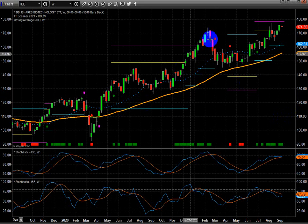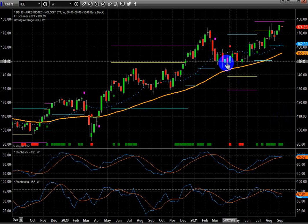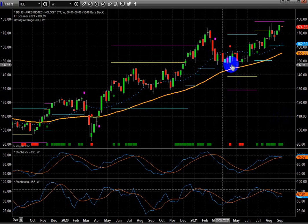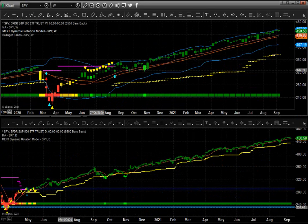Rallied up, hit both targets, got stopped out. Then generated a short trigger. We would not have taken this short trigger, or if we did take this short trigger, you should have taken it with a very small, maybe 5 or 10% of your typical trading capital, simply because it went against our